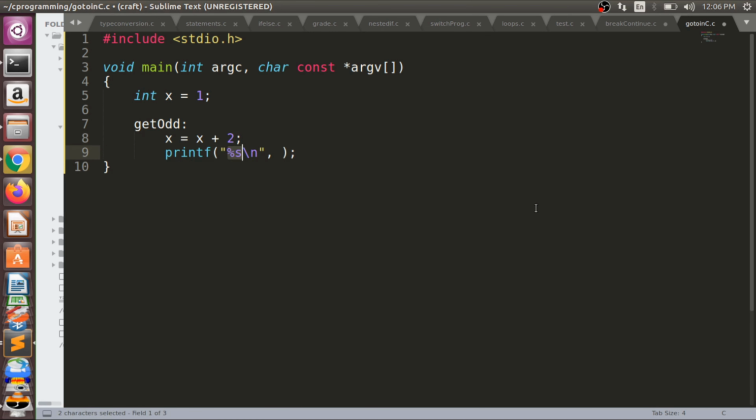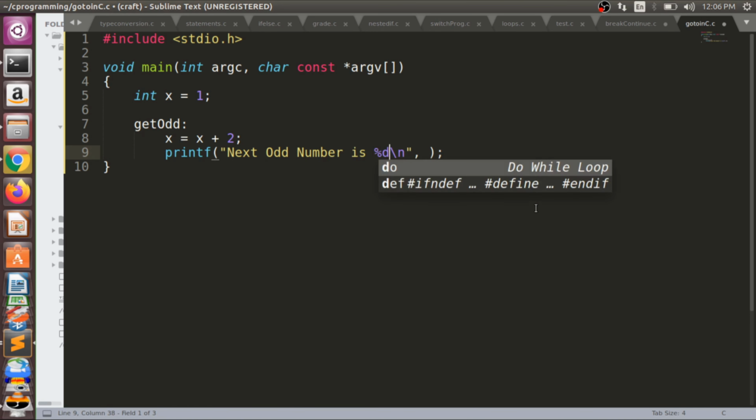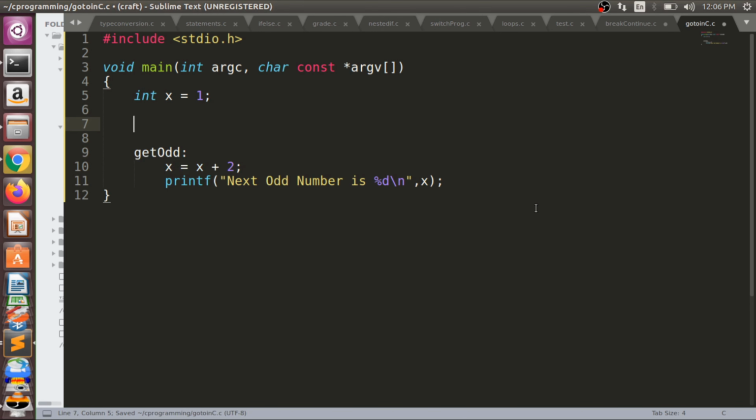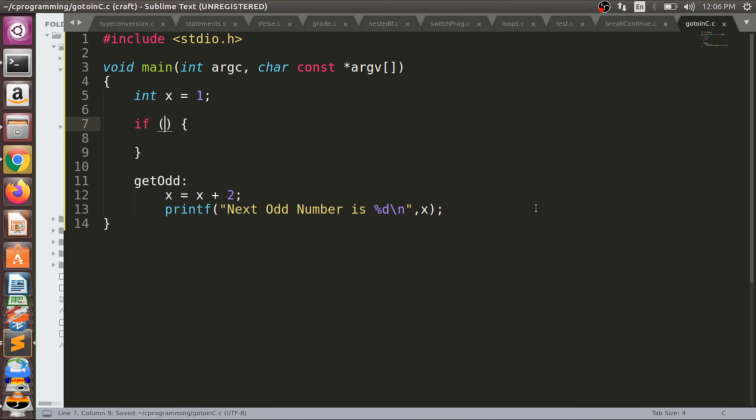So printf, next odd number is %d and x. And for example, here we have an if. If we have an odd number, then we will print the next odd number.